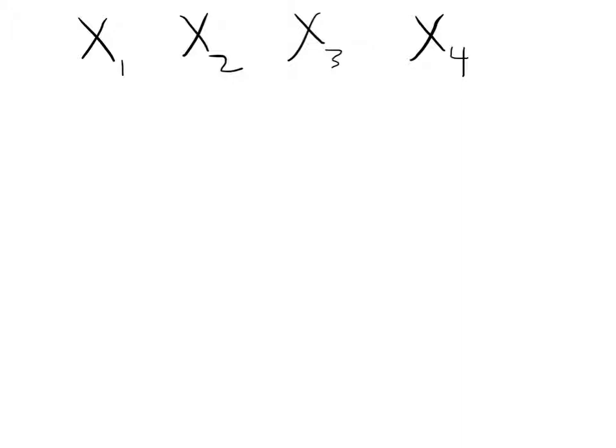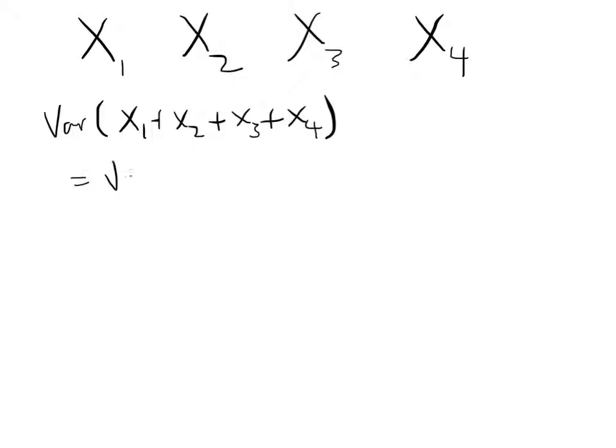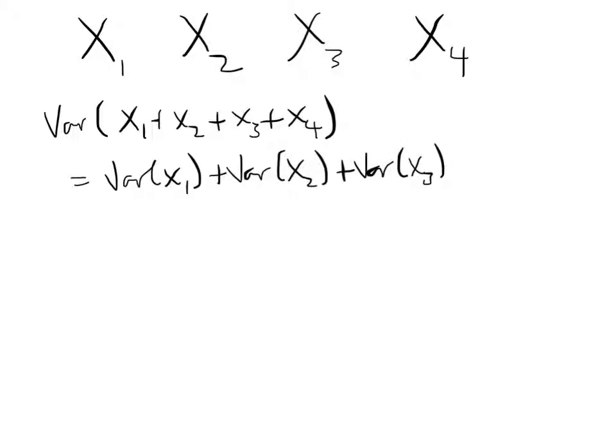So the variance of x1 plus x2 plus x3 plus x4 is going to be equal to the variance of x1 plus the variance of x2 plus the variance of x3 plus the variance of x4